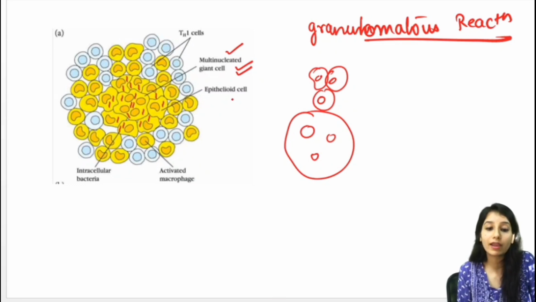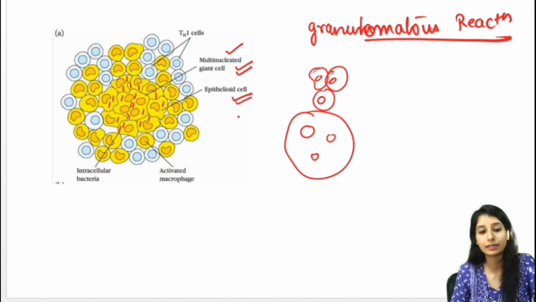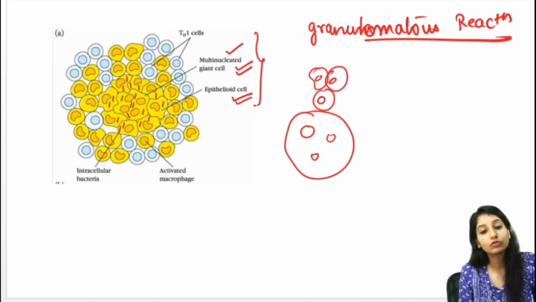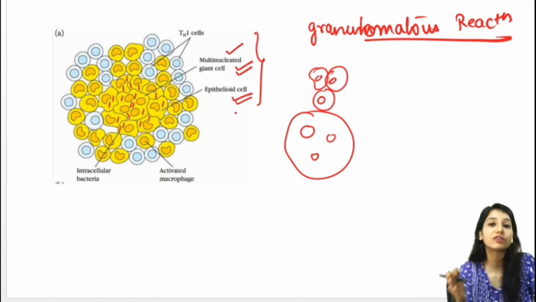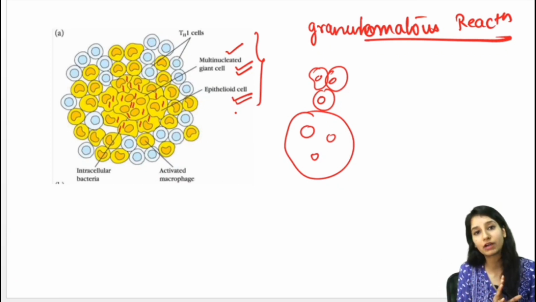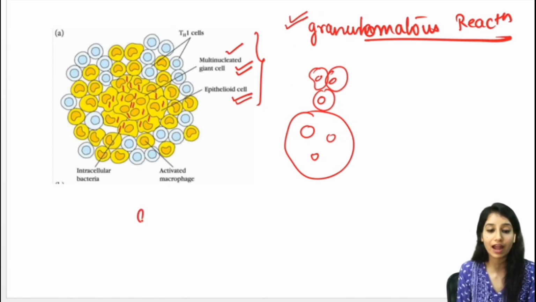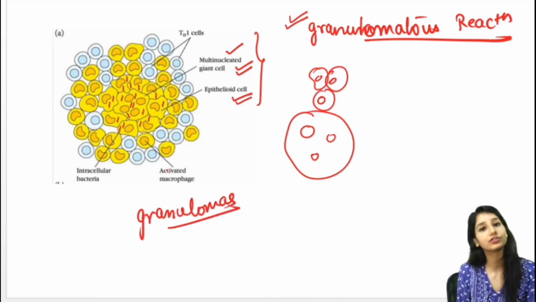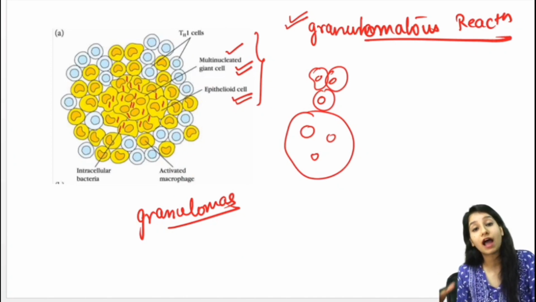With that, some of the macrophages will change their shape and they will become epithelioid-like cells, or epithelial-like cells. Now what will these cells do? They are in huge numbers, so they will start taking the place of normal cells. Either the normal cell will remain or the macrophage will remain. So macrophages will start taking the place and creating a granulomatous reaction, in which granulomas will form. That is, this kind of condition will form, and this will create a huge amount of damage.